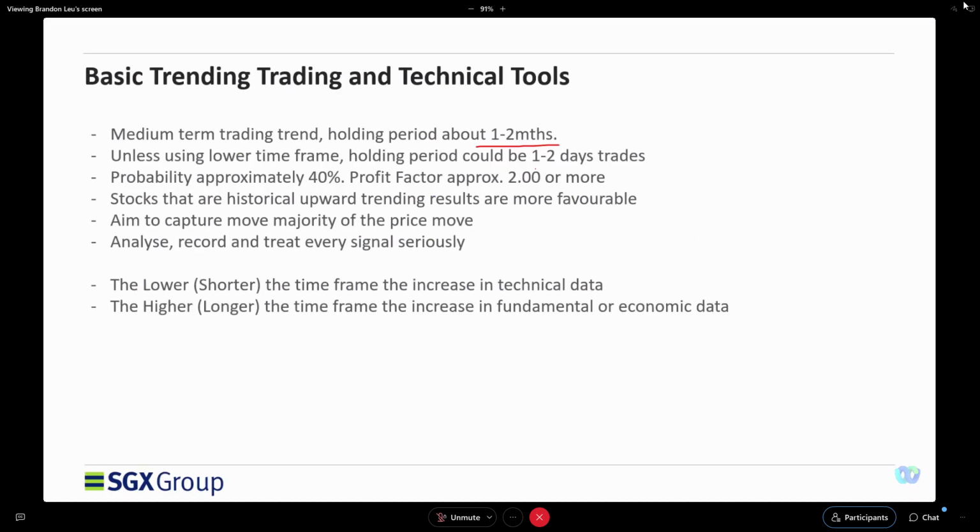So this causes those traders who want short-term trading of 1 to 2 or 3, 4 days to get whipsawed very easily, because they did not have this understanding, or they don't have this prerequisite that a trend trading strategy actually could take weeks to even months.